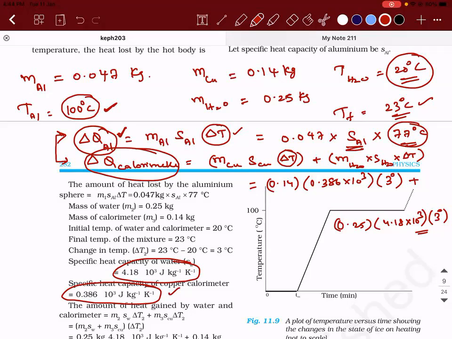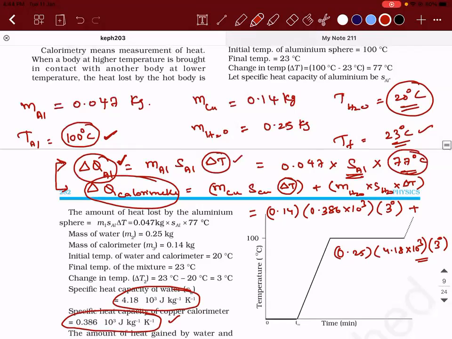Sir, but while solving these kinds of problems, we have to take it positively, right? You have to take it positive if you mention the word heat lost by the material. Because in delta T, the formula is T2 minus T1. I'm telling you what keywords you need to write in the exam. Logically, if I take delta, as I told you from the beginning when I started teaching physics, delta means final minus initial. So finally, what is the temperature? It is 23. Initially, it is 100. We should have taken it as